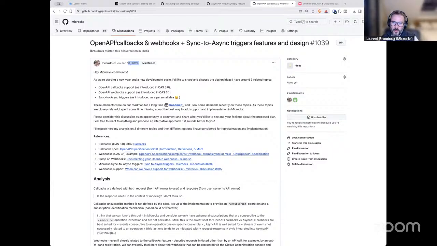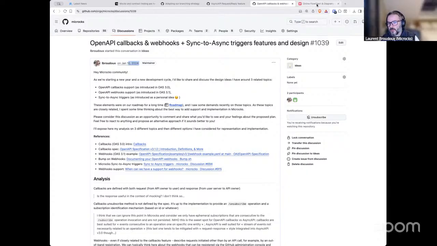And so these two topics are quite related because with both of them, we have to think about how to extend the existing domain model of Microcks. That is a quite generic domain model for representing service, operation, messages, and so on. And so we are trying to find some synergies here, to not reinvent the wheel between the two different topics, and trying to find some accelerators for both of them.